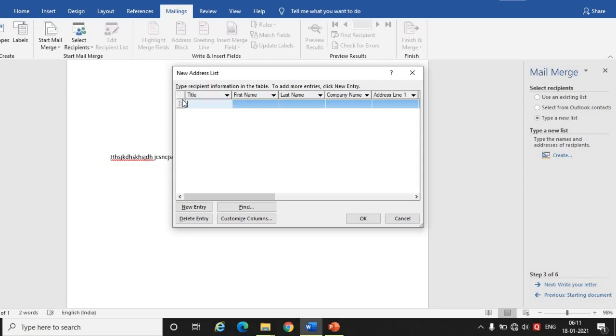So what this area will contain: the title can have an address. After that, the first name of the person to whom you are sending this information, like here I will give Rohit Agrawal.